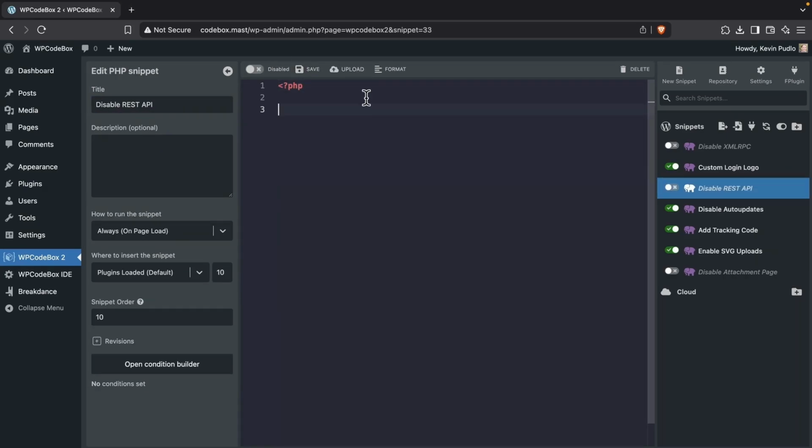So we have our PHP tag open, and the next thing we're going to do is create a new function that is going to house all of our logic. So we're going to say function disable_rest_api_for_guests, and we're going to use the $access parameter, which is a placeholder for data WordPress will hand us when it